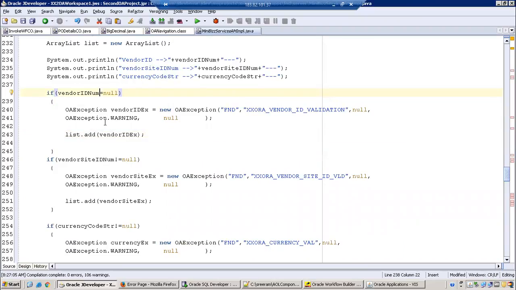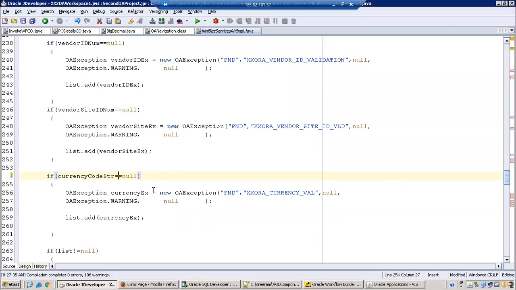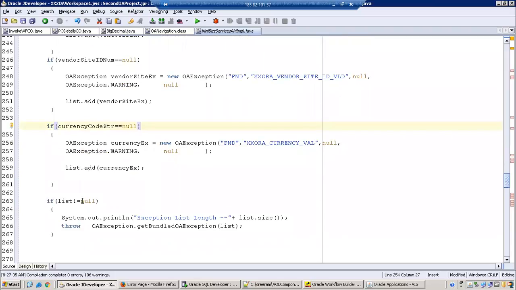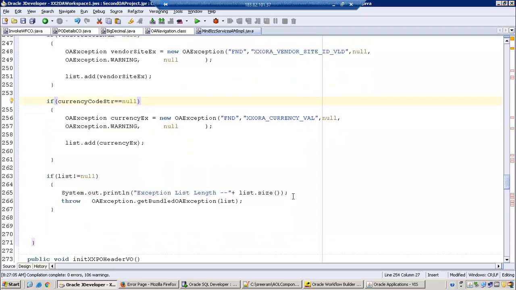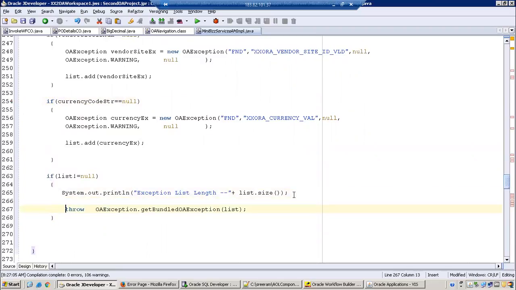Here I have to check is equal to null, isn't it? It is not equal to null. It should be is equal to null. If it is equal to null, then add the exception and then you have to raise an exception. And also here one more interesting thing is, opposite direction. Actually, regularly we used to go not null. And also you're right, there is one more thing you have to always see.